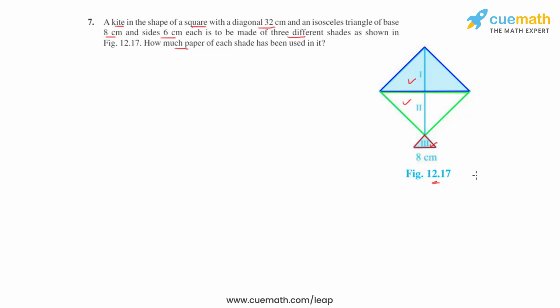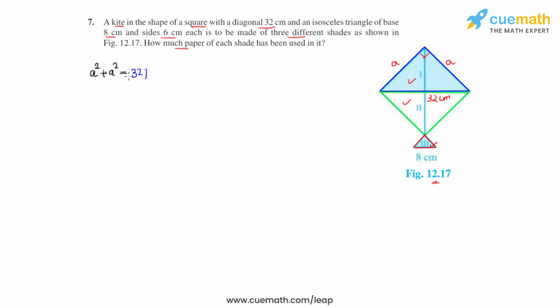So let's highlight the 3 different regions that we have. Now, the upper region, that is the region 1 plus region 2, is in the shape of a square with diagonal 32 centimeters. So let's write 32 centimeters here. And as it is a square, let each of its side be a and a. And this angle will be equal to 90 degrees. So we can apply Pythagoras theorem to the triangle highlighted, and so we get a square plus a square equals